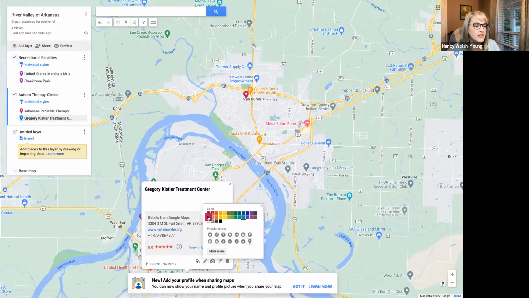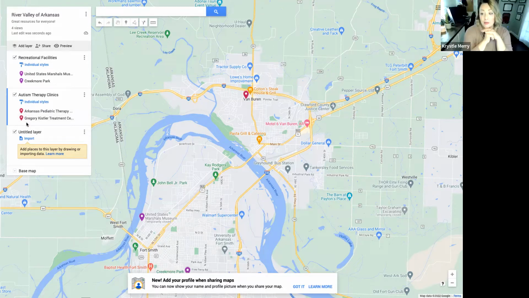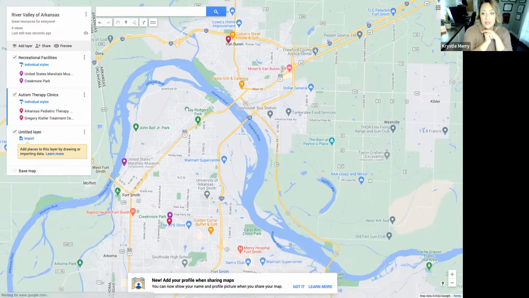I can click here, change that color to red. Super easy, and it is done. So now they are both red over here. Yeah, the great thing about Google Maps, it's really user-friendly, really easy to do, and embeds everything that Google has,